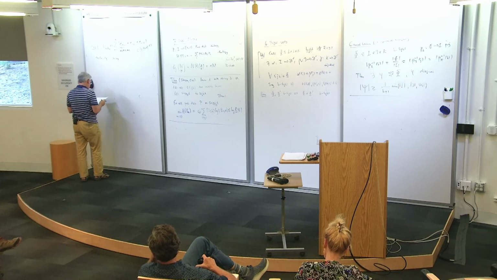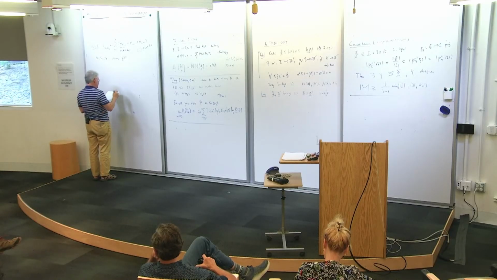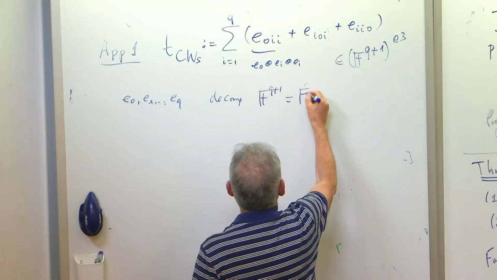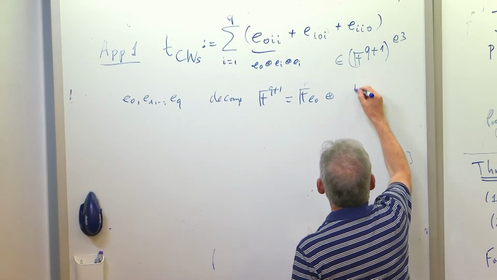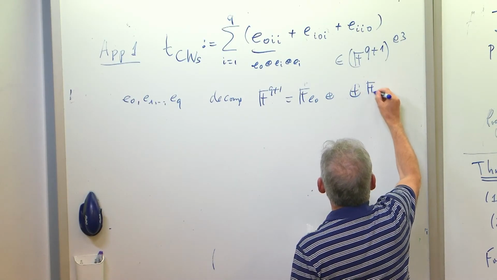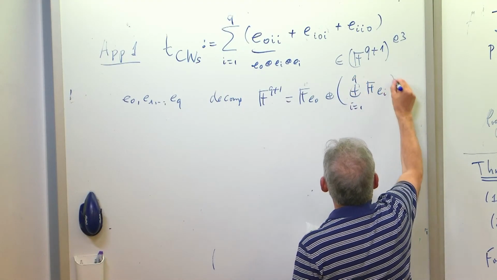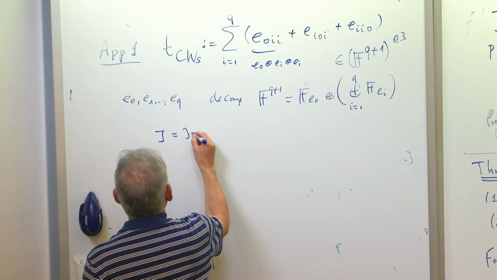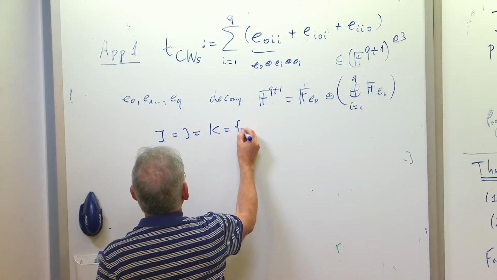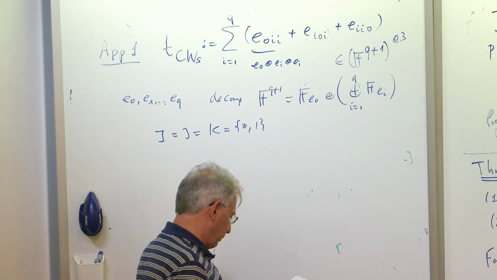Rather, the decomposition will be like that, f_{q+1}. It will be in 2 pieces. It's this. Okay, instead of doing a picture, I just write it this way. So 2 pieces. Actually, i equals j equals k is just 2 elements. Let's call them 0 and 1. Okay, so the support,